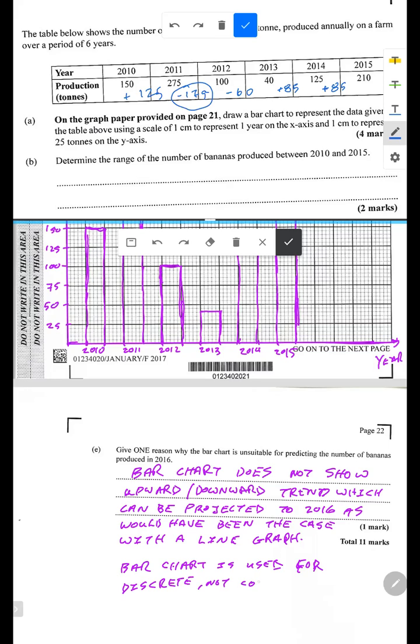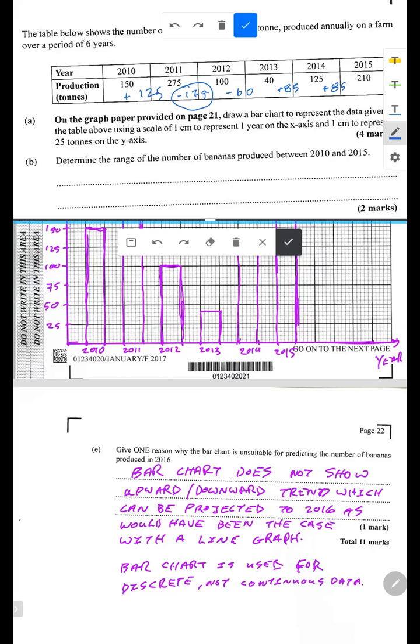As continuous data usually can project. They could have put this information on a line graph and then done a projection, right? So the key thing is that a line graph would have served us better to project onto the next year,